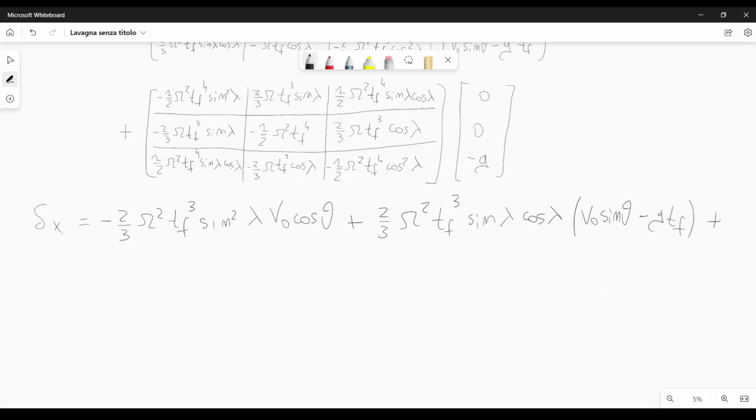Then we have plus, let me do it here, minus 1/2 omega squared tf to the fourth sine lambda